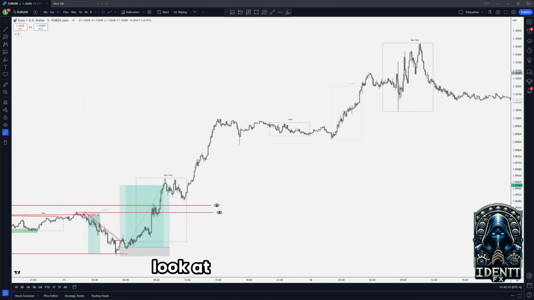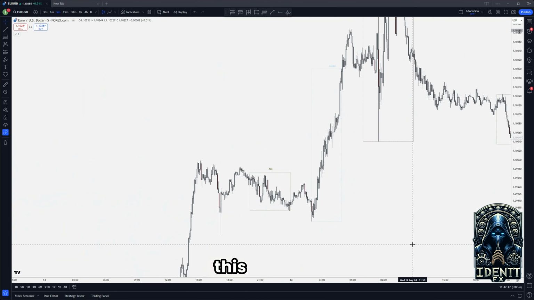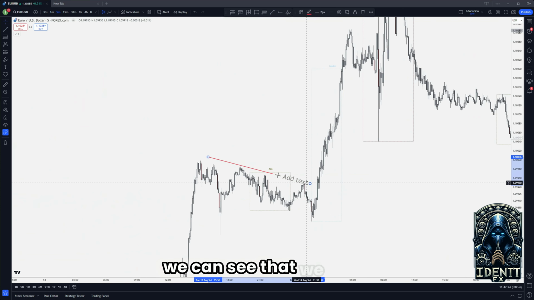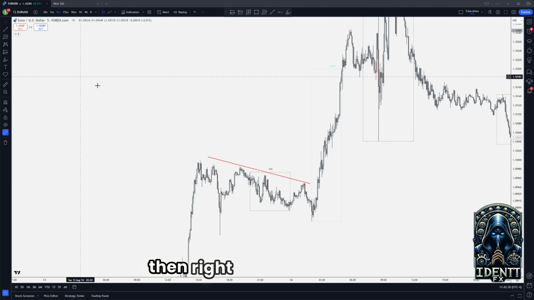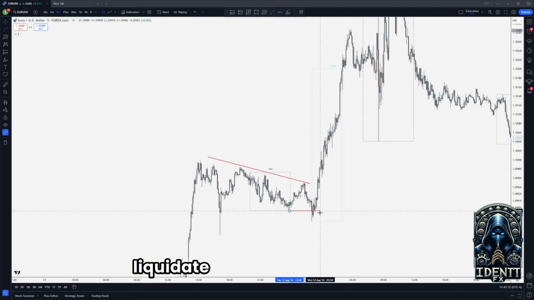Cool. Let's actually look at the next day here, because I'm not making this stuff up. This happens every single day. So here, what do we see? We can see that we build up quite a bit of liquidity, right? We can all see that. Then right here, what can we see is that we actually liquidate that Asian session low and we start running